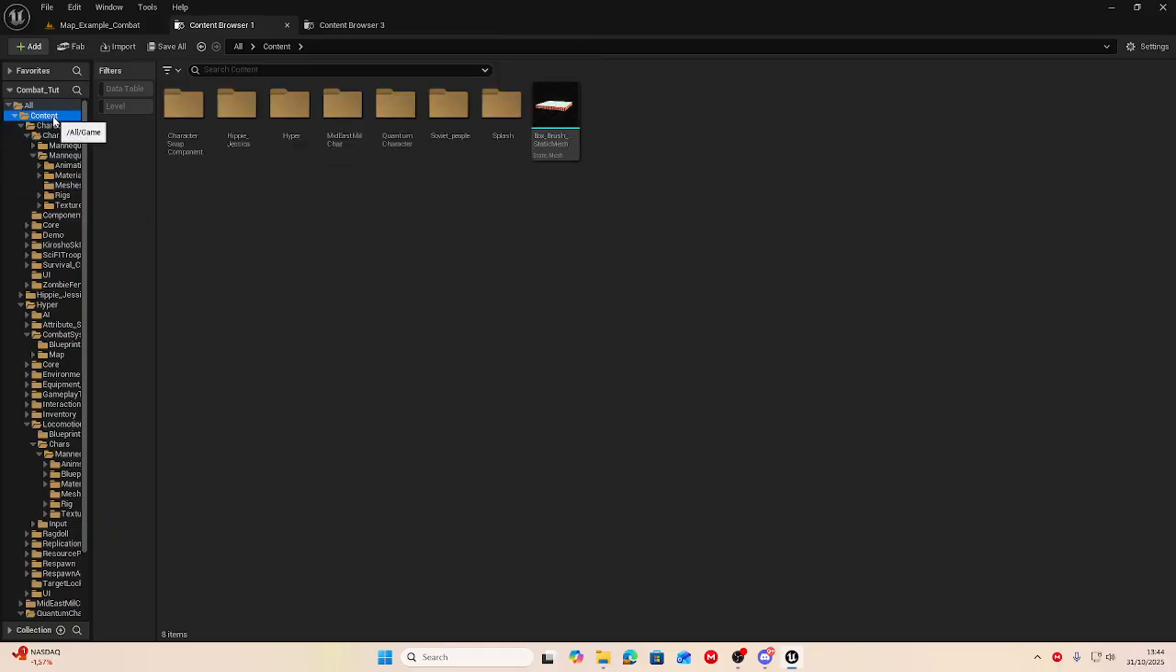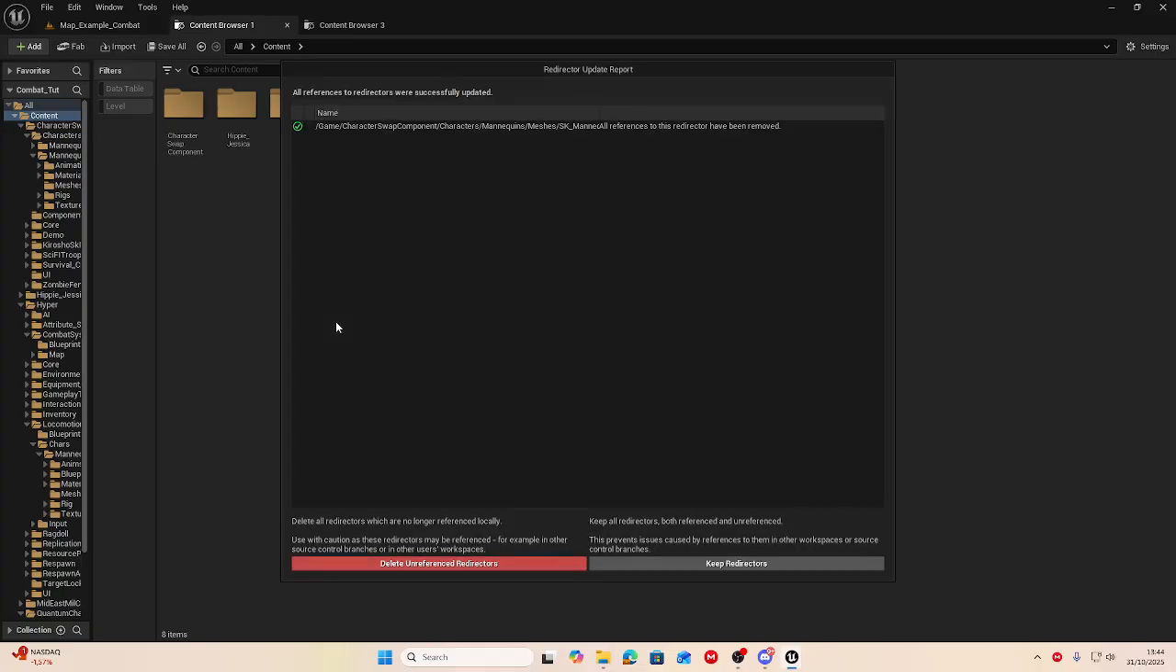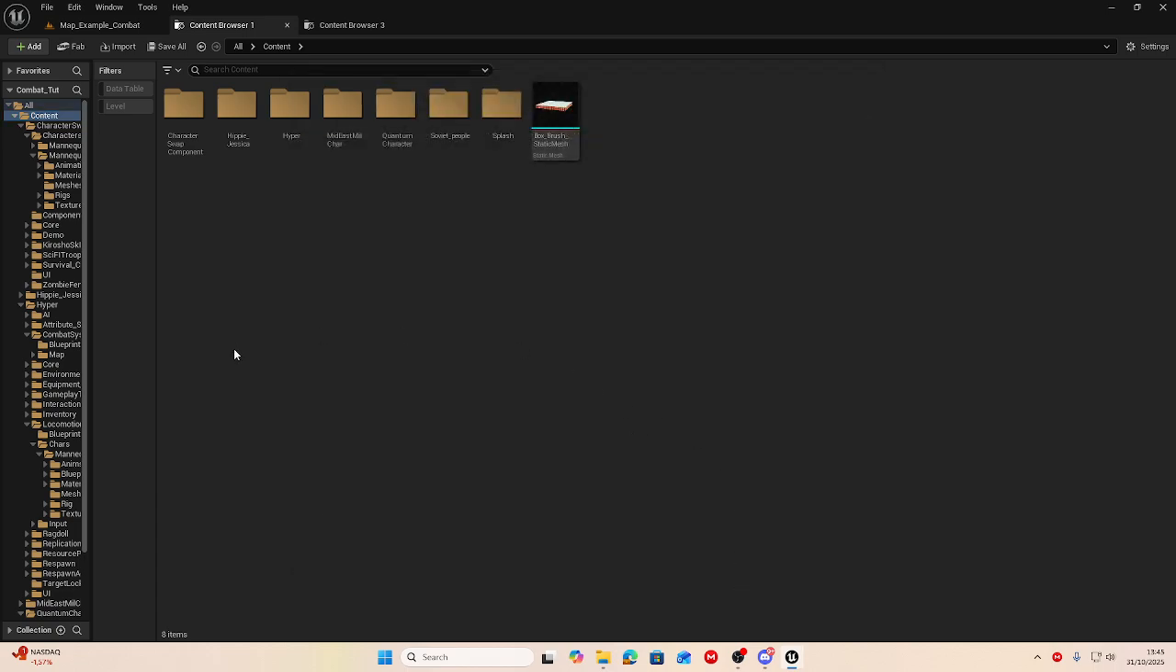Okay, then very important, update redirectors, because we did a big step. We removed a skeleton, we reference it to another skeleton, so we need to update all the references. Wait, again, removed. I'm gonna keep it for now, because I think that is maybe the issue that I lost my meshes. Okay, so normally